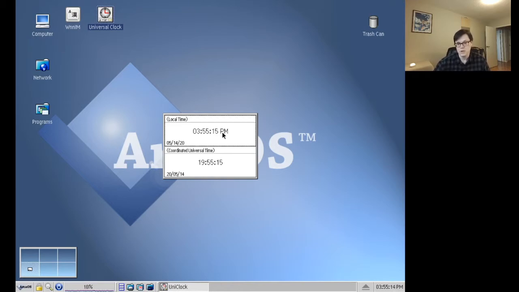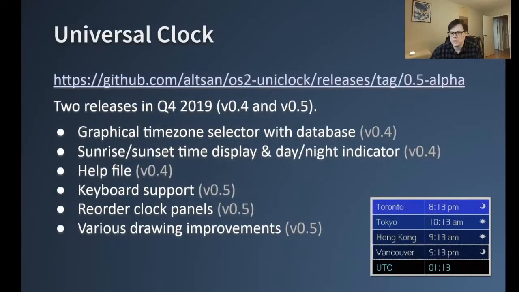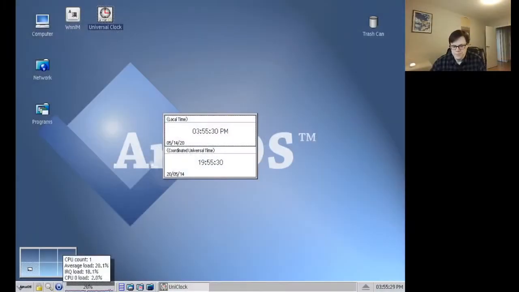Or if anybody else wants to take this code and try embedding these clock panels in another program or widget, they're more than welcome to do so. The source code is on my GitHub site. The link is there. Anyway,